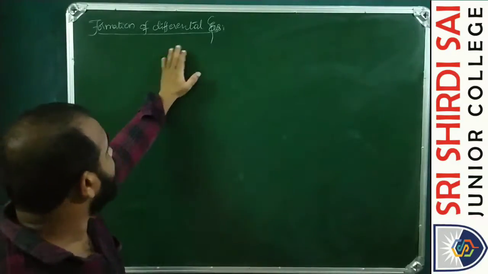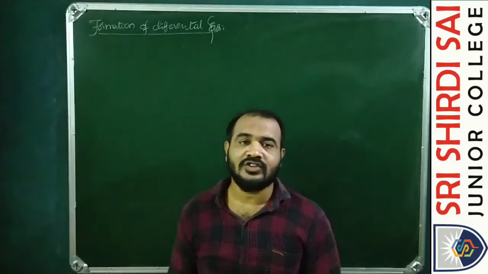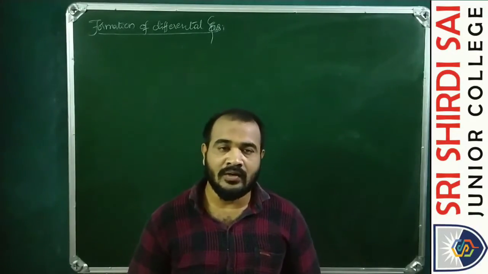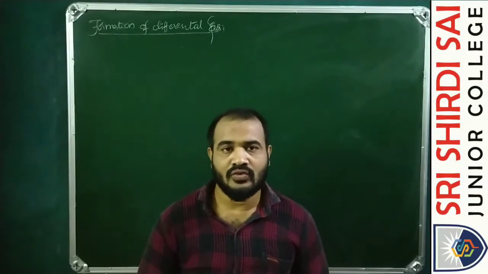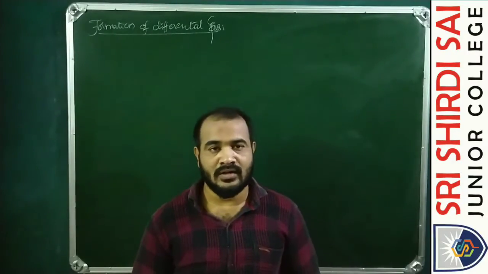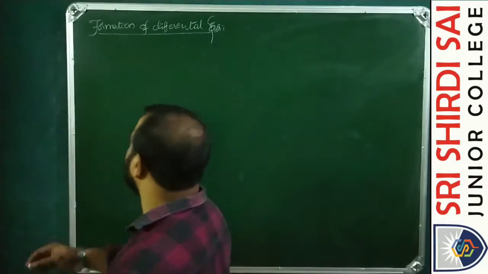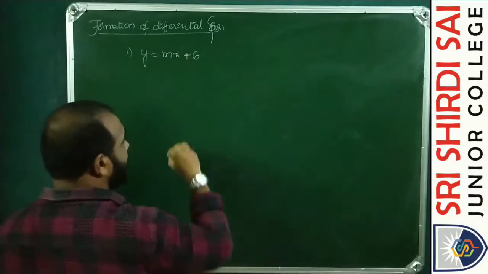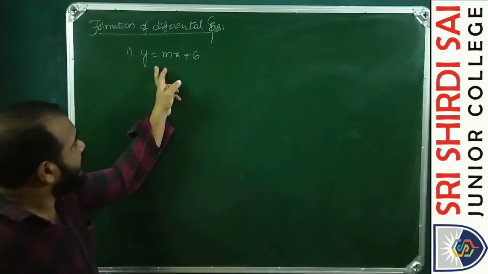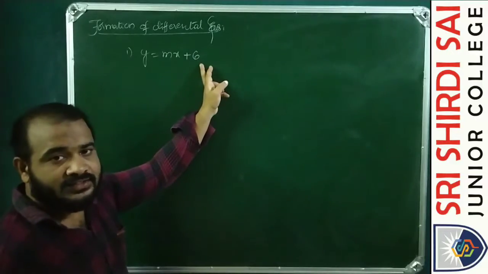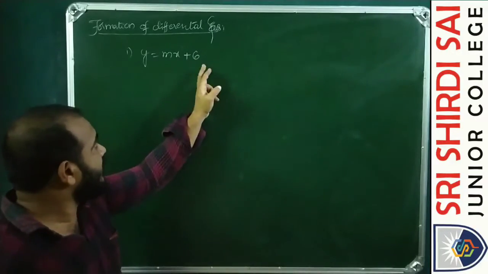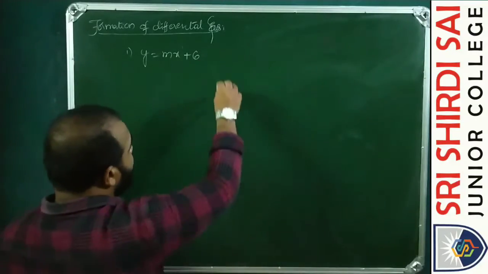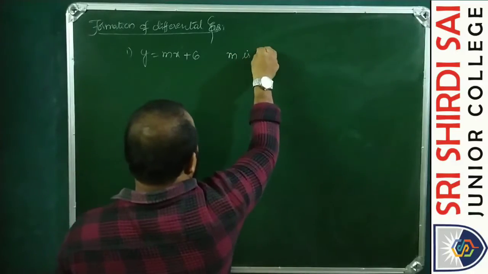Now, the formation of differential equation. We discussed the formation of differential equations through some illustrations and arrived at the general case. So, consider the single parameter equations. For example, y equals mx plus 6. This, as you all know, is the family of straight lines having slope m and y-intercept 6, where m is a parameter